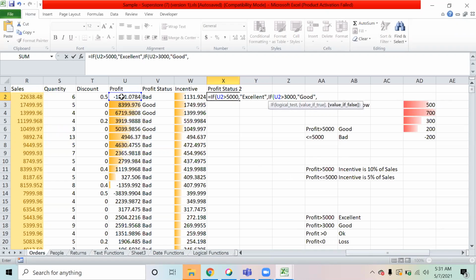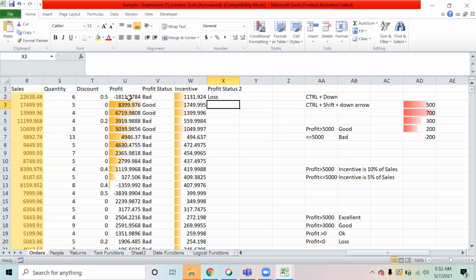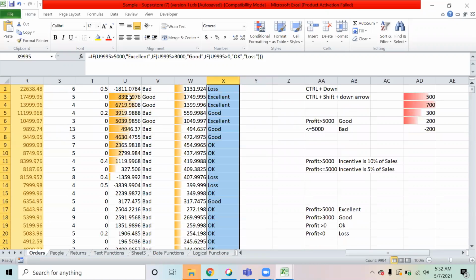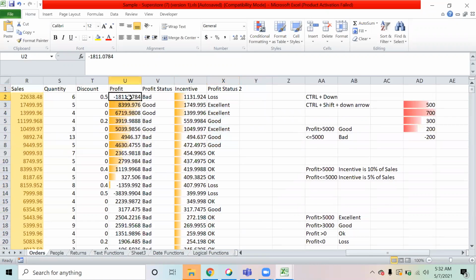If the condition is failing, you put an if condition again and check if this number is more than 0. If that is true, it's an okay, otherwise it's a loss. So you get it. So this is a loss. It's an excellent profit, good profit, excellent profit, okay profit, and again some losses.